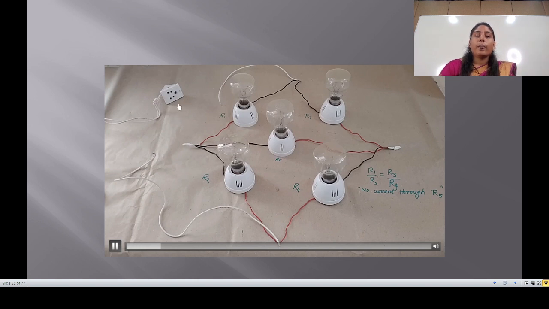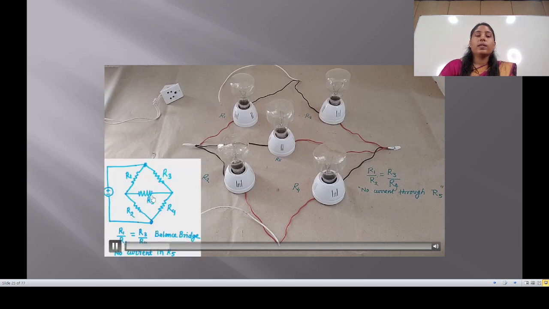And here is an AC power supply. Here is one terminal of the wire, and here is another terminal. Then we know that the bridge will be balanced when R1 divided by R2 is equal to R3 divided by R4. That is R1 is 100 ohm divided by R2 is 100 ohm, R3 is 100 ohm divided by R4 is 100 ohm. All the bridge is balanced, so no current flows into R5 when all have the same value.